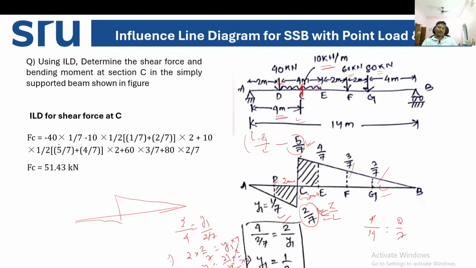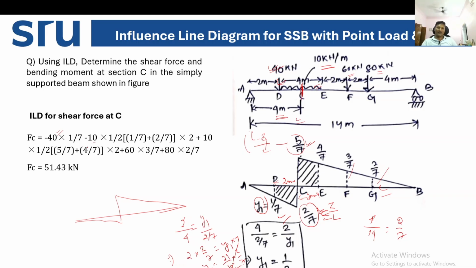So here you can see the load is 40 kilonewton. First point load is 40 kilonewton. So 40 kilonewton into what is the ordinate? 1 by 7. The y1, the ordinate is 1 by 7. This is nothing but your ordinate under the load, right? 1 by 7 minus